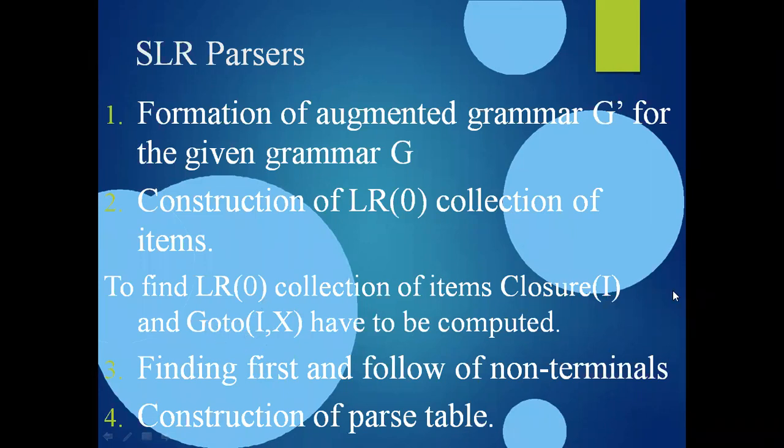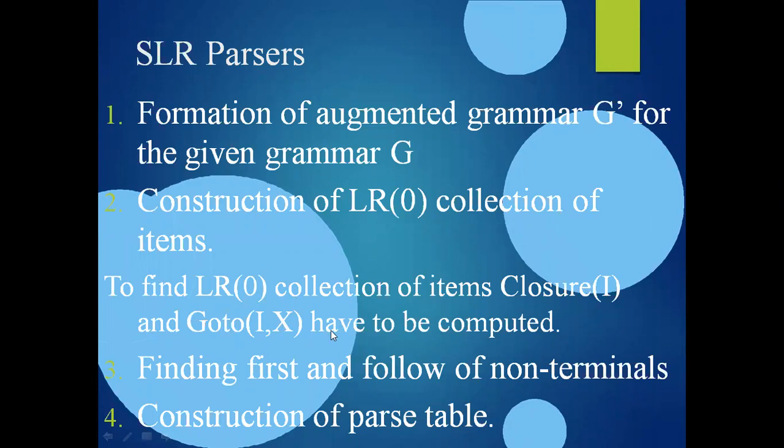Just we're defining what the items at the closure of I are. And this is point number 2. And this is the major part of construction in the SLR parsing technique. Initially it is very easy to form the augmented grammar. And from the augmented grammar, it is very easy to define the closure of I and give the name for the closure of I. And then the major step is constructing the goto functions. This is the most important thing that we need to compute.